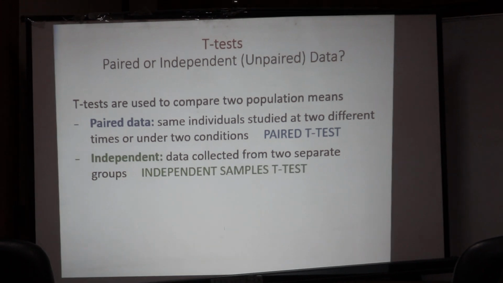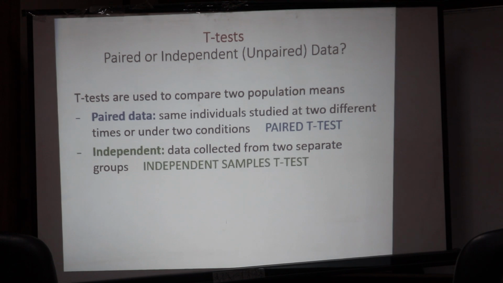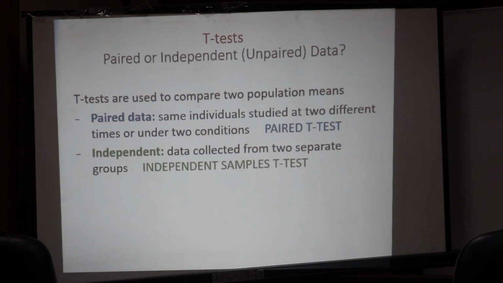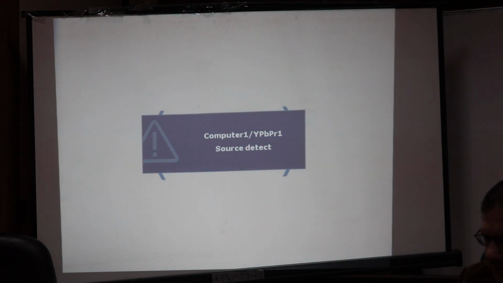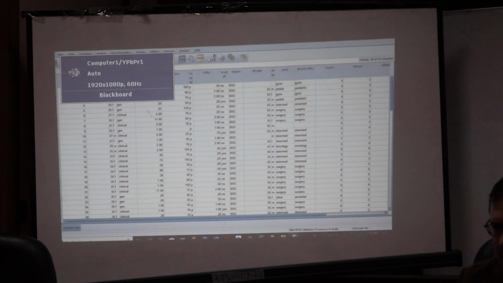Because this is the same subject, the same sample, those are paired, those are dependent, those are the same one. We cannot use the independent or student t-test. We need to use the paired t-test. As I mentioned, the paired t-test is also simple. I don't have data for everything. I just want to run it here